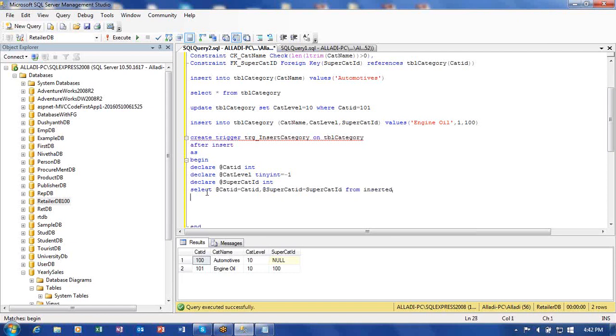From that table we try to retrieve data. We are going to retrieve data from the inserted table. So here we use cat id as well as supercat id. We are going to use them. Okay, we are going to use it that way. Here we write an if condition. What exactly do we write here? If @supercatid is not null,